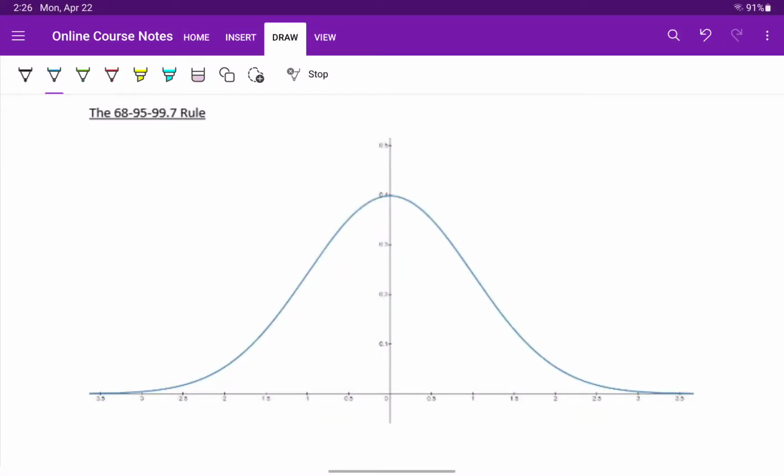So we know that on the left-hand side of the distribution, to the left of the mean, we have 50% of the data. To the right, we have the other 50% of the data. The 68, 95, 99.7 rule gives us another way of breaking this down. And what it does is tells us that within one standard deviation of the mean,